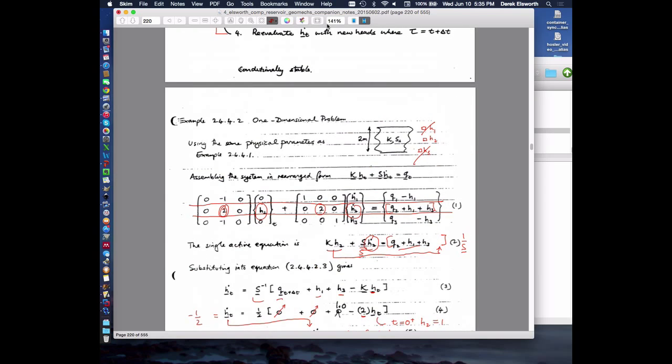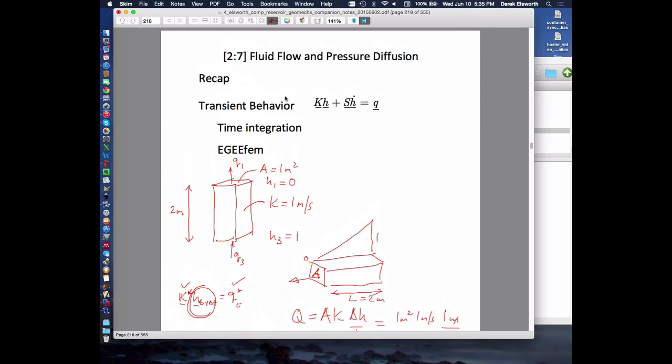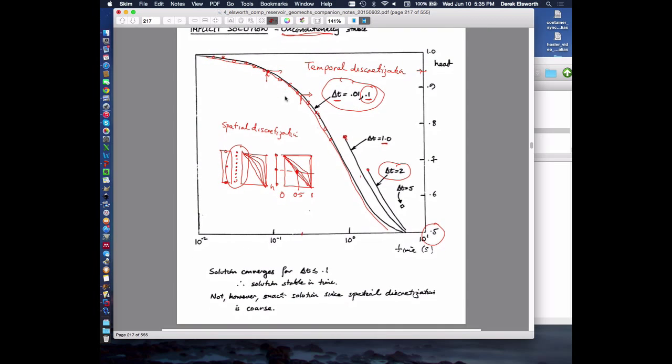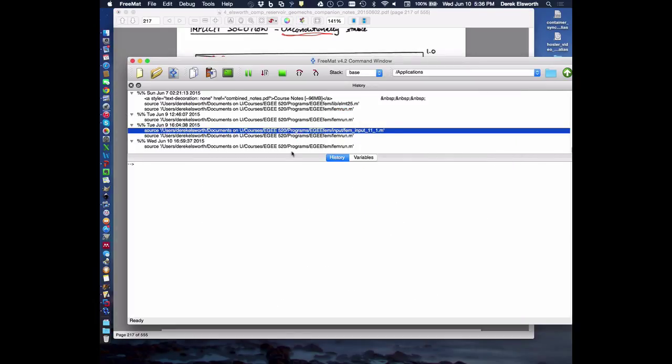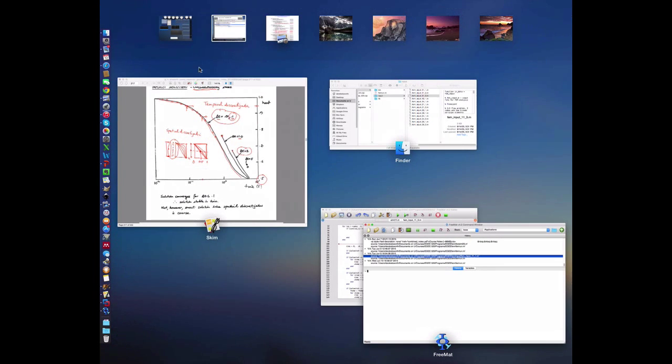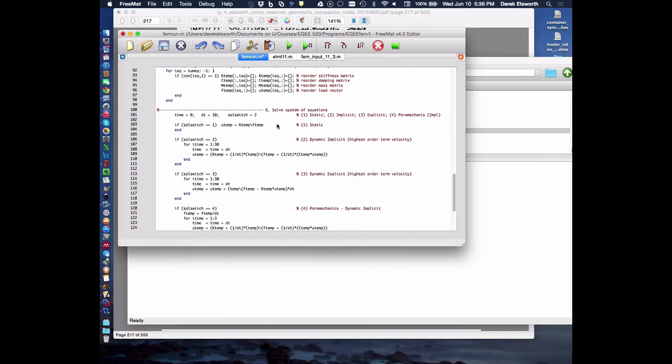So we said that the conditionally stable one, the explicit one, has this oscillating behavior. It seemed that if we used a time step of 1 or 2 or of 5, it actually always ended up ultimately going down to the right steady state value. So my guess is it will be close to the steady state value, which will be 0.5. We'll see if I have to eat my words, but that's what I think it might be. So if we run it,